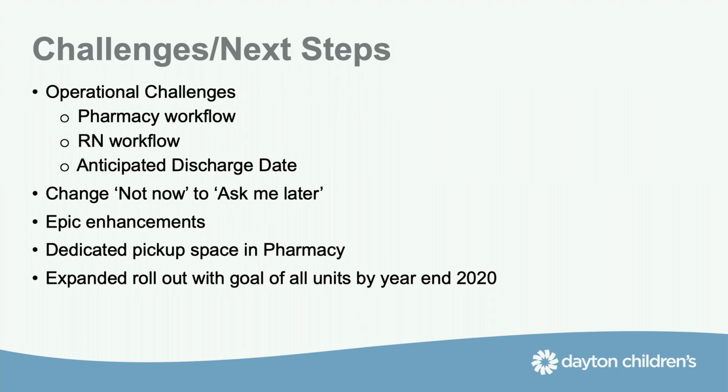We've also made a lot of changes to the nursing workflow, including where we've added a Meds to Beds icon to the nurse brain in Epic. We've created banners within Epic that are dedicated to the pharmacy response as they're in Meds to Beds. So one dedicated banner will remain on those patients' records with updates as they go through the process, telling them that they've been enrolled and verified by the pharmacist, then that prescriptions have been received, or the pharmacy needs verified,